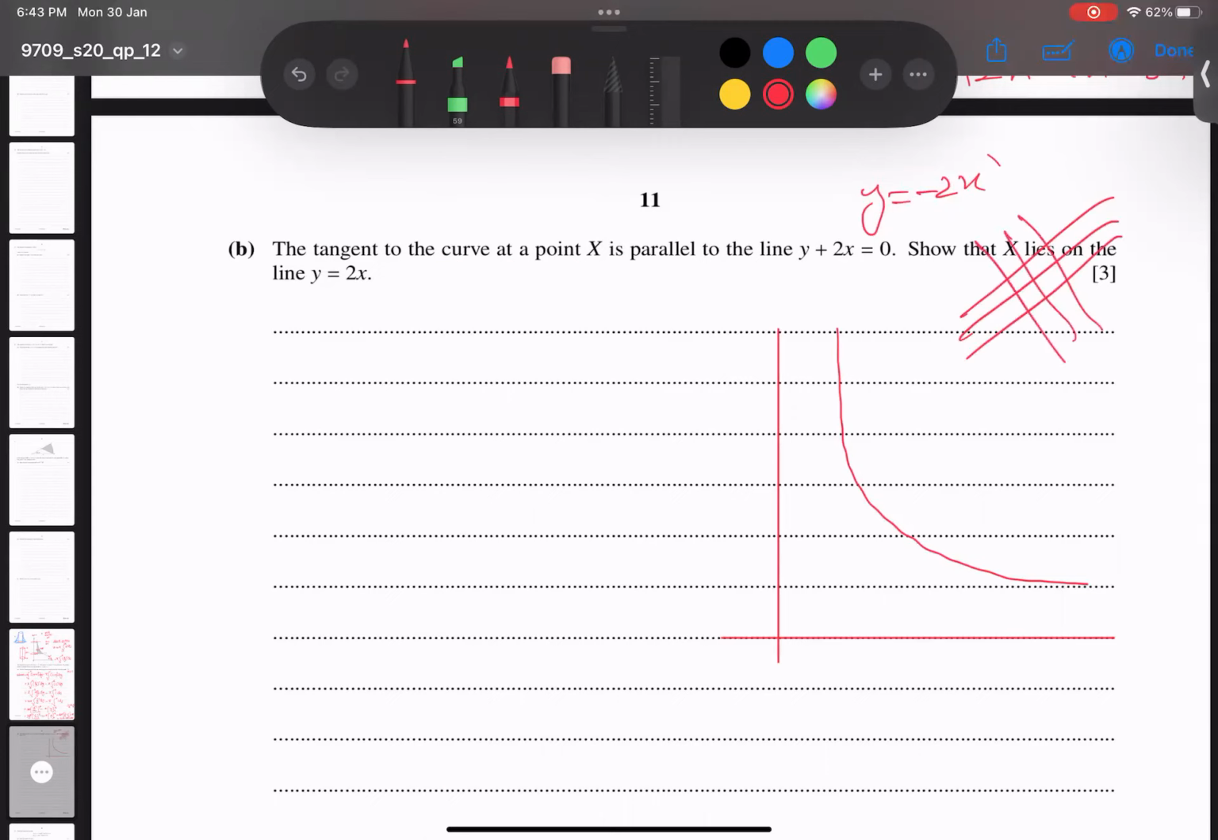So 100% this line would be, and one more thing I just want to confirm with you, y is equal to mx plus c. What is c here? 0. Oh, c is 0. And what is m? Minus 2. It means this is a line